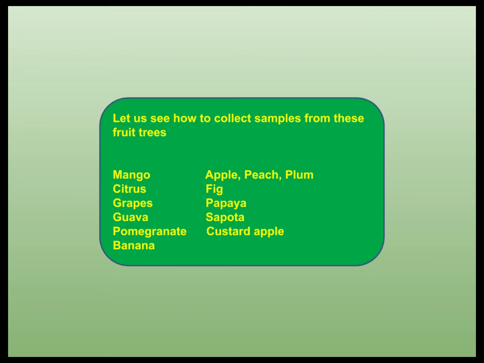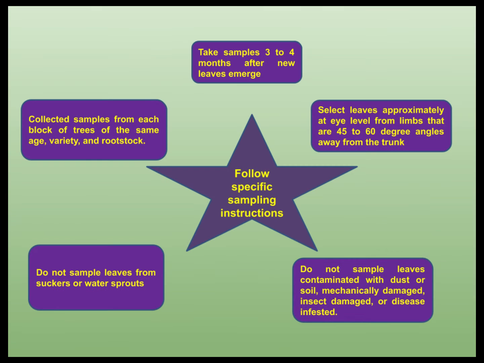Procedures for proper sampling, preparation, and analysis of leaves have been standardized for all major fruit crops grown in India. One has to strictly follow the sampling procedures for a reliable test report and fertilizer program adjustments. Farmers must take utmost care from the time leaves are selected for sampling to the time they are received at the laboratory for analysis. Farmers must strictly follow these specific sampling instructions during sample collection.